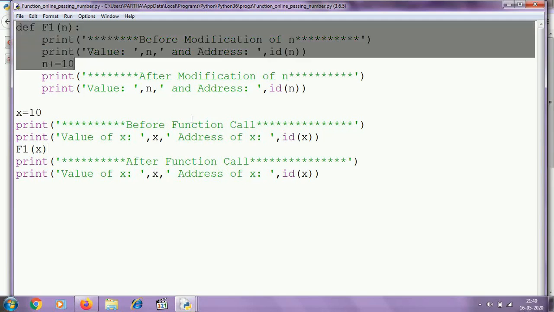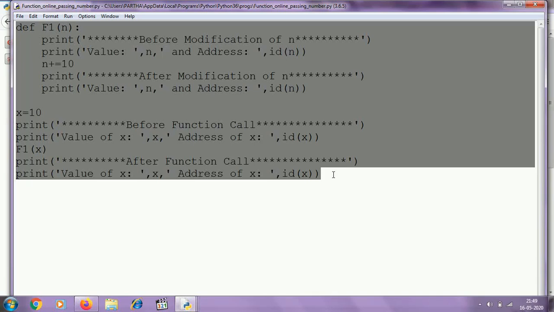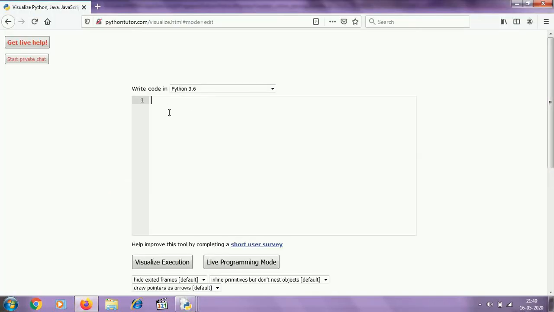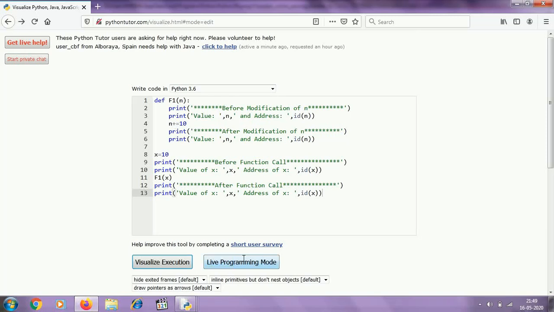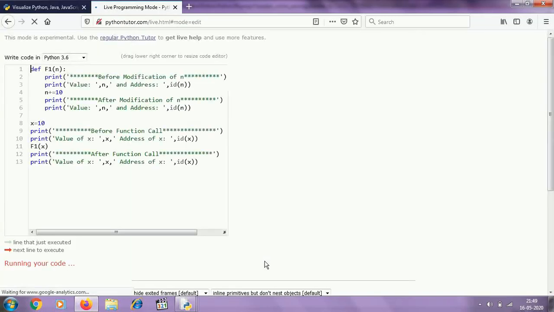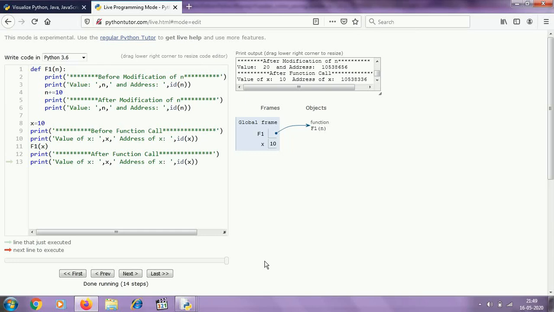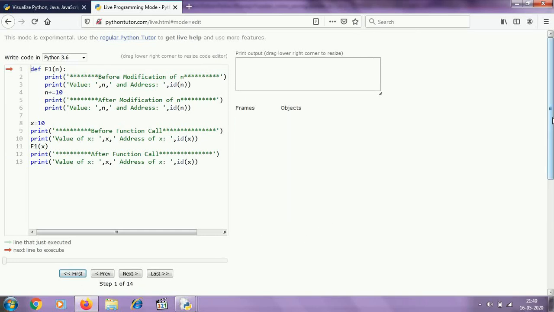So I am going to copy this code and I will paste here. Using live programming mode, we shall check the step-by-step execution of the program. First of all, you must know that this red arrow is indicating next line to execute.